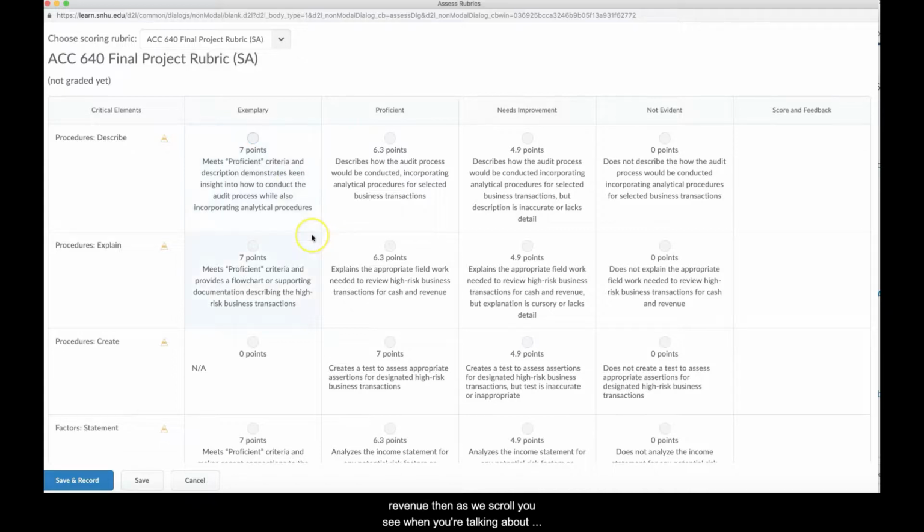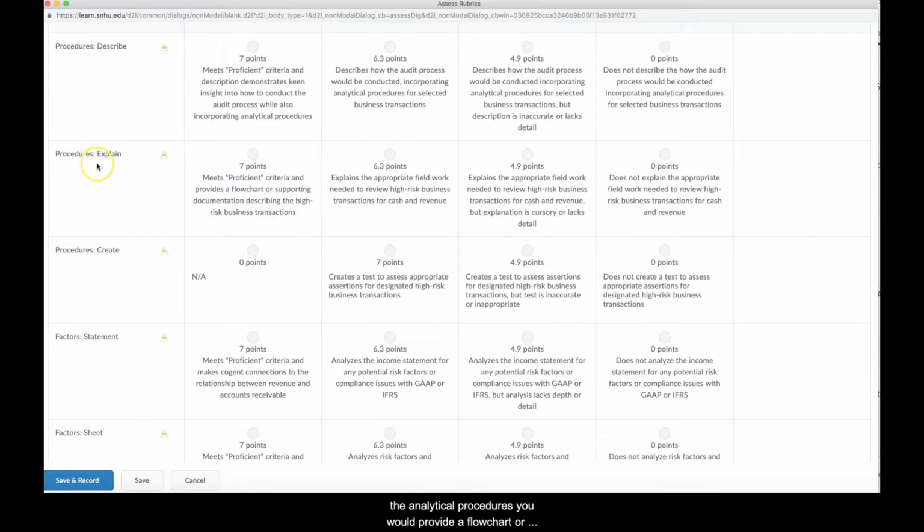and revenue. Then as we scroll, you see when you're talking about the analytical procedures, you would provide a flow chart or supporting documentation, which was not a requirement from the previous rubrics. So I wanted to make sure that everybody was aware of that. So here, when you're talking about cash and revenue as high-risk transactions, you just explained that, and you explained it in the realm of field work, but you didn't provide any probably flowchart or any type of supporting table or